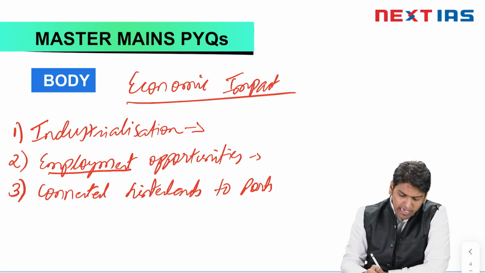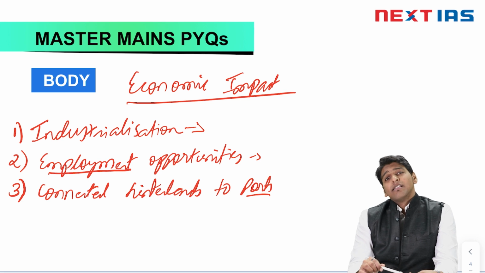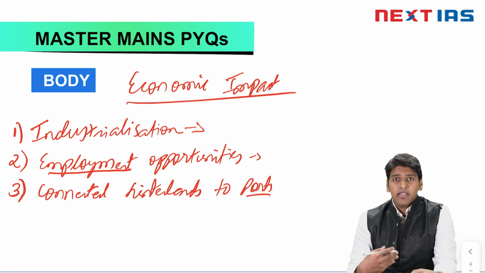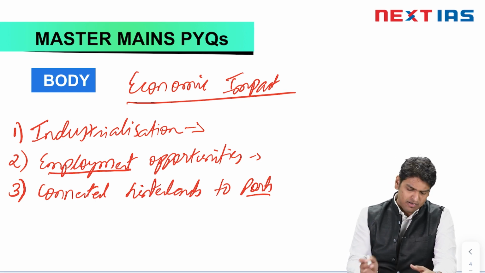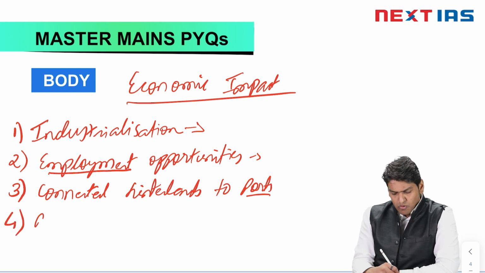Okay, similar was the case of connecting in Canada, when the industrial regions were connected with the 5 lake systems. Okay, so it helped in the development of hinterlands. Okay. Next, it boosted